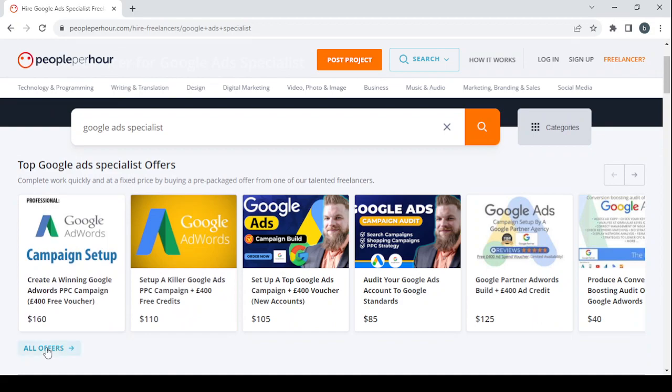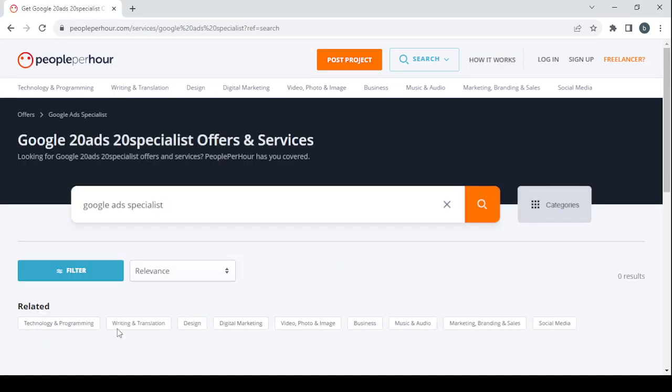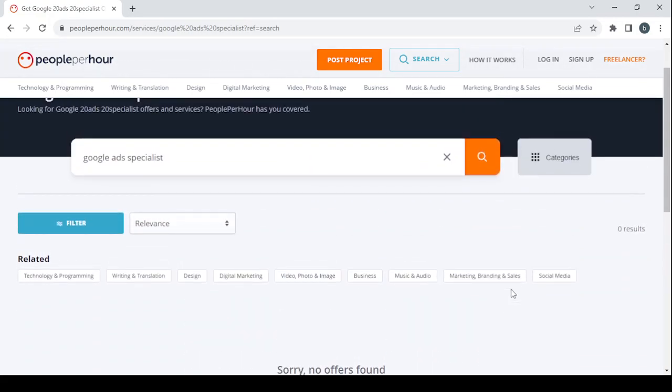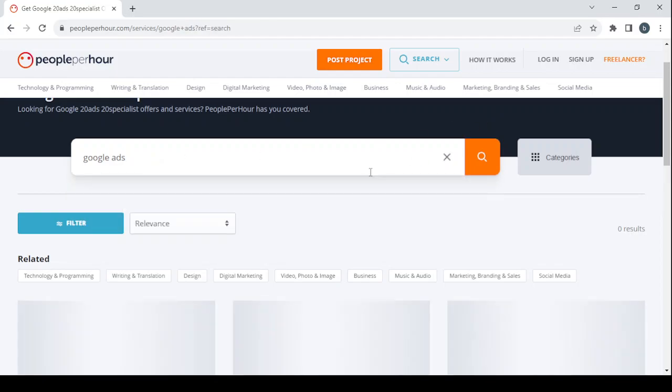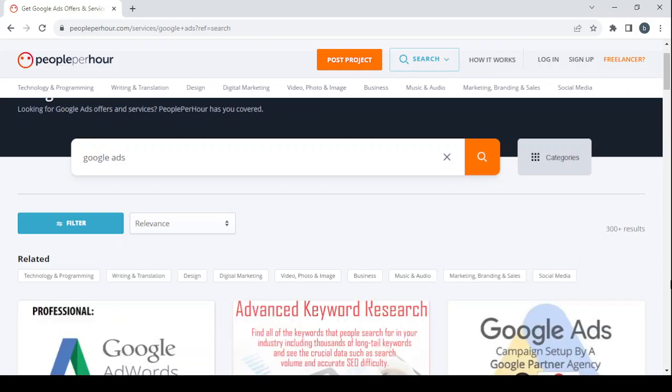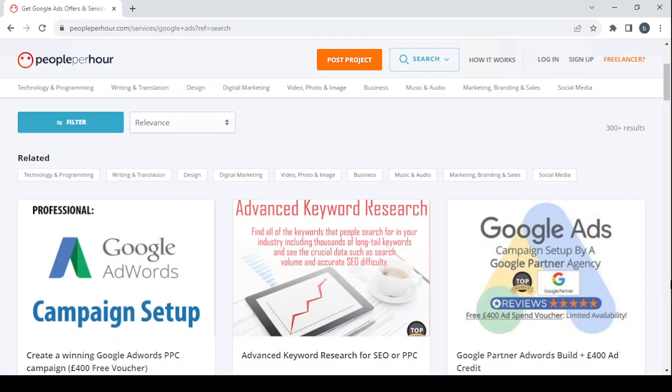Then I'm going to go for all offers, and again there is a problem in the platform. Let's click on the search. Let's go with Google Ads only,